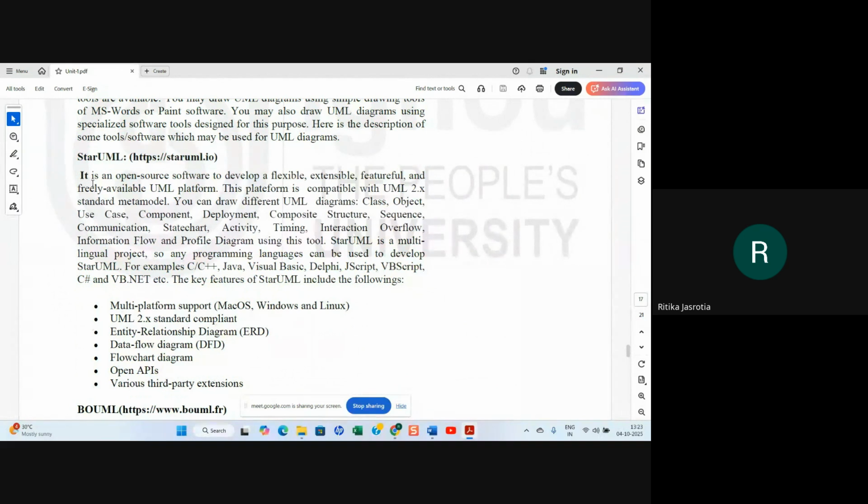Even those who have not submitted their assignments and have to submit them, you can use this Star UML software to make the class diagram, use case diagram, and other diagrams from Star UML, right? So you can use this and make a JPG image format, and you can paste it on your file for